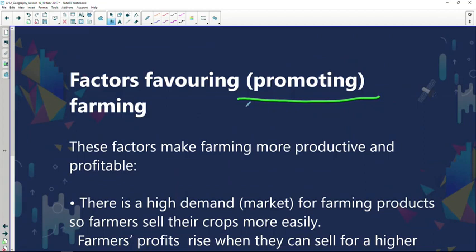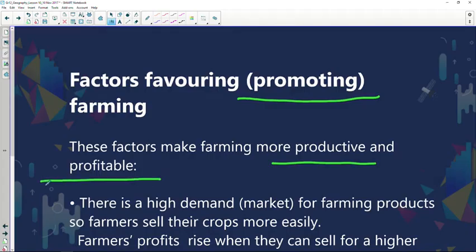Now, in South Africa, we've got a couple of factors that help promote farming in South Africa. And the reason why I'm saying promoting is because it provides an income for people and it allows the people to be productive and profitable. Now, if you look at the first one,